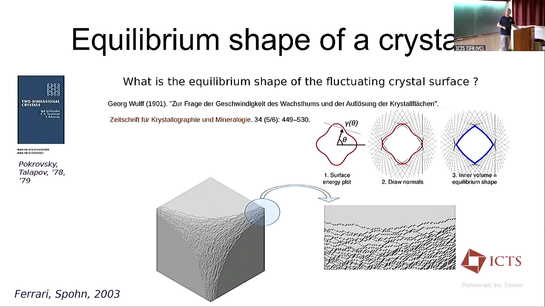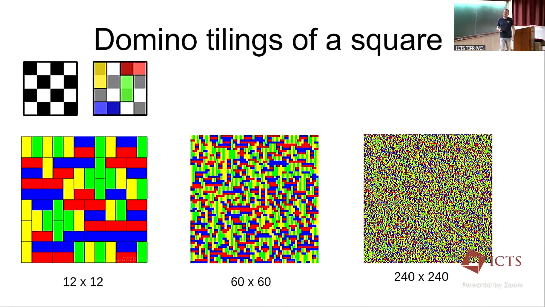I will give you another example, which can be very easily visualized and actually simulated. Let's start with the following problem. Let's take a checkerboard and try to cover it with 2x1 rectangles in a close-packed way. Of course, there will be a lot of configurations. Let's draw a typical configuration.